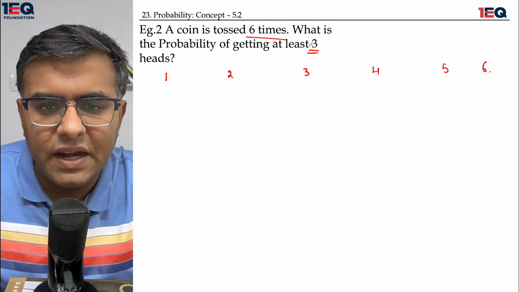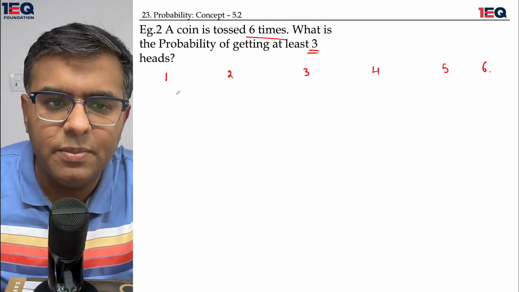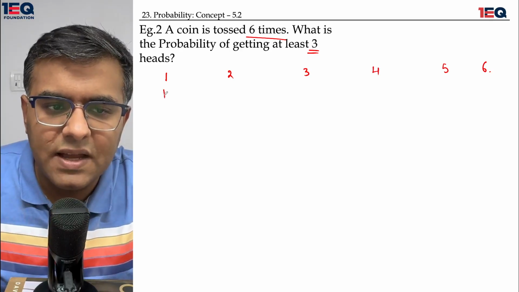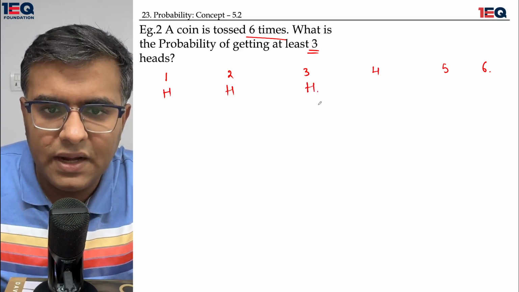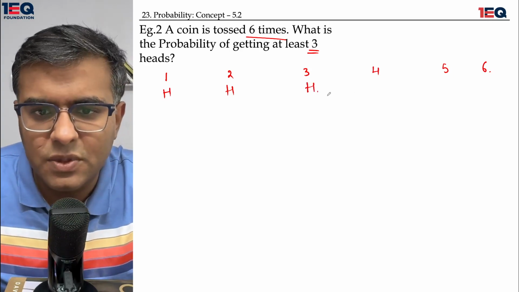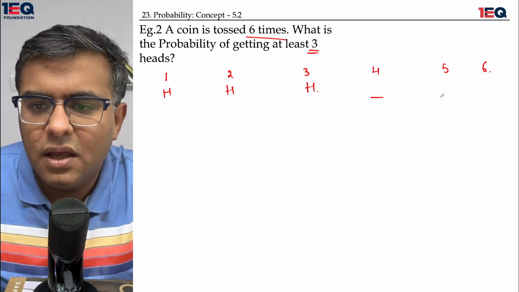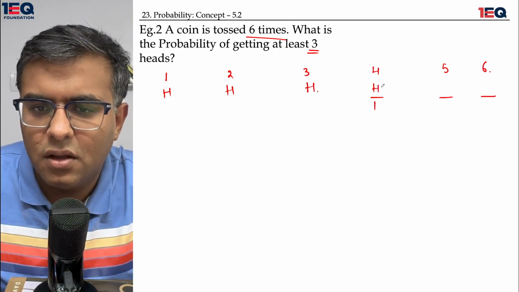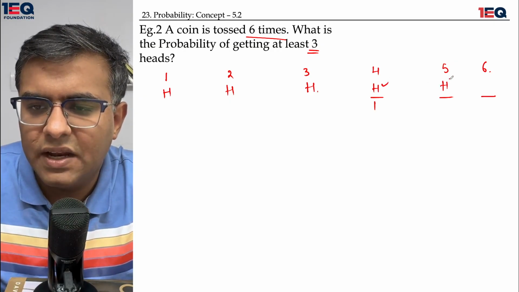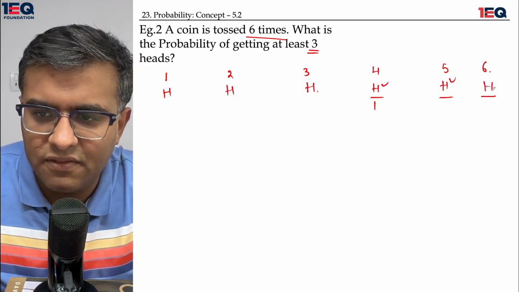The probability of getting at least 3 heads. That means the situation has to be heads, heads, heads. This is the situation, and then any outcome is okay. If we get heads again, it's fine. If we get heads one more time, it's fine. And if we again get heads,